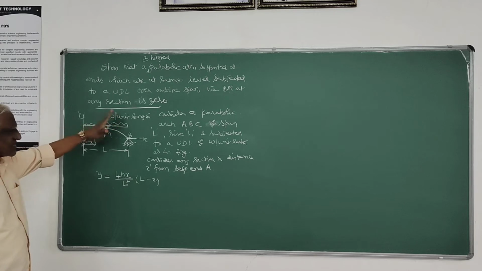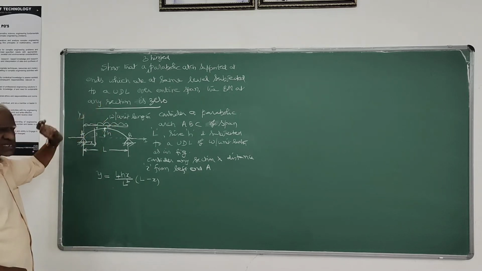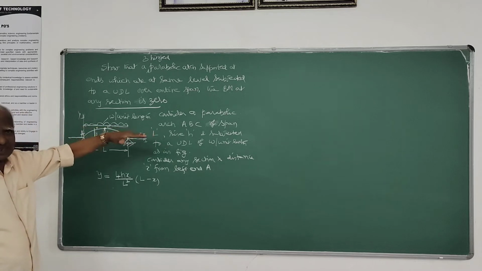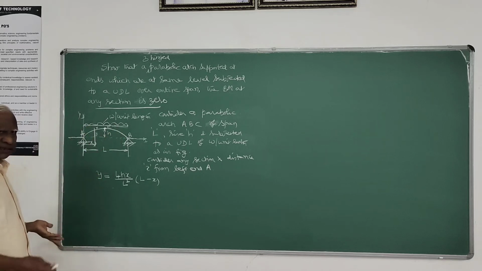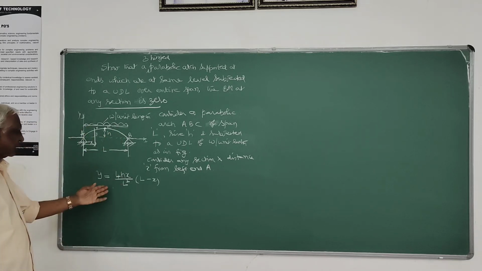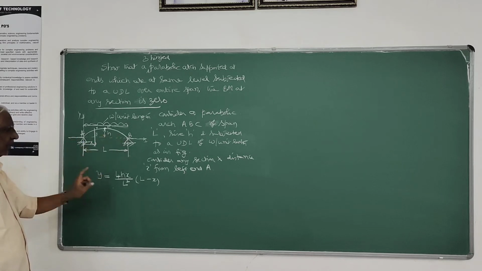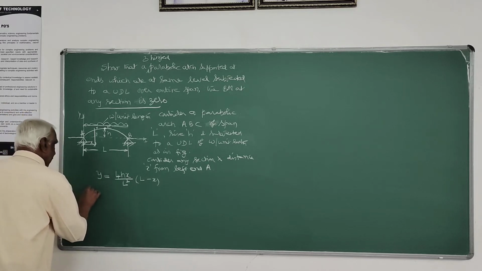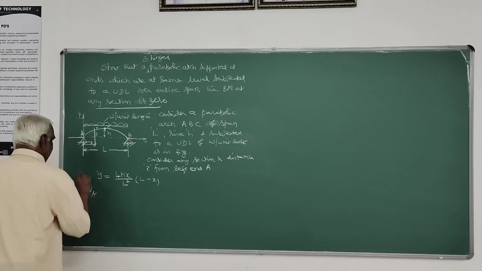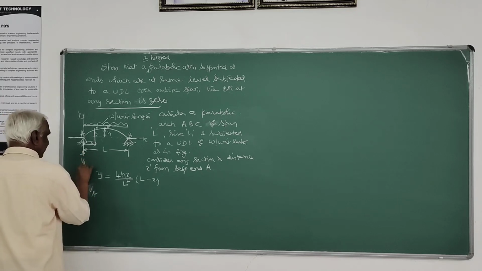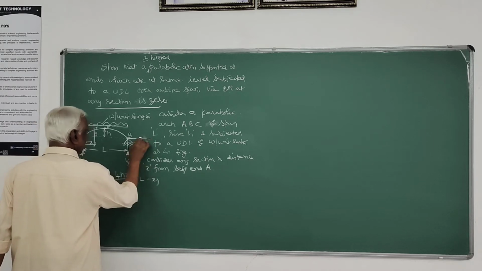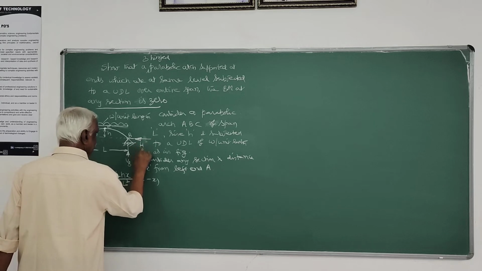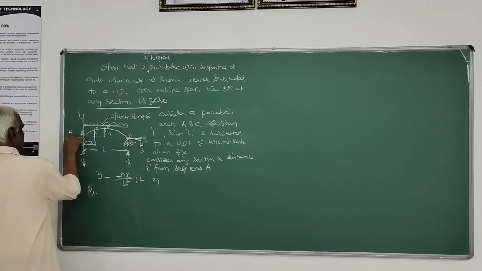If you treat the apex as the origin, then y at any distance from the horizontal line through the apex is y equals kx square. That you have seen when arches are at different levels. Now for this arch, which has supports at the same level, this is the equation you have. Now, we have the reactions, here VA, here VB, and the horizontal reactions, here HB and here HA.